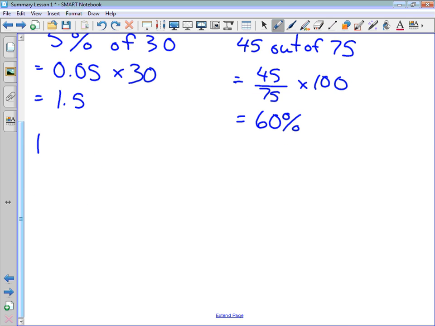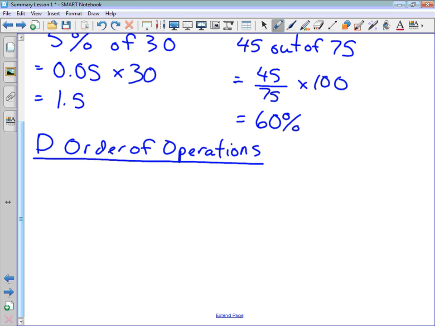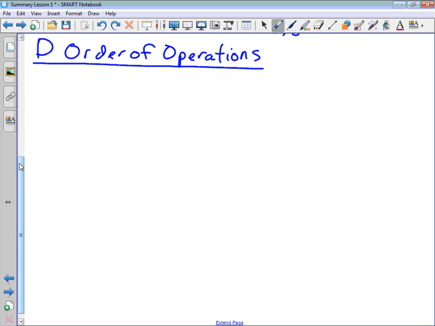Then I might move on to box D here, where we talked about order of operations. So there's our topic. What's our rule going to be? Well, I think you can probably guess what the rule is going to be. We're just going to write out the BEDMAS rule again. B-E-D-M-A-S,